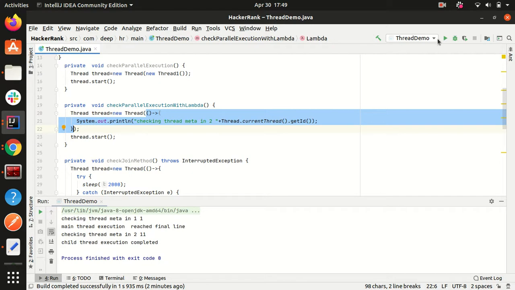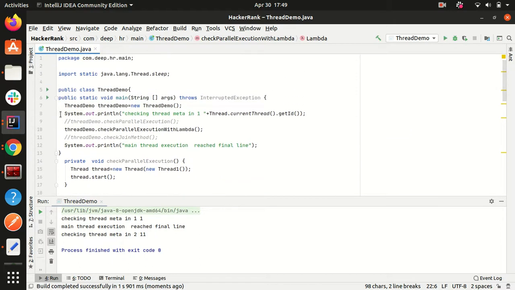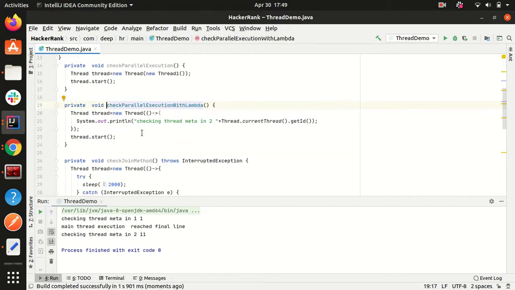A similar execution path will take place. As you can see, initially the main thread got executed, its ID was 1, then we called checkParallelExecutionWithLambda. In that, thread.start got called and this got printed, "checking thread meta in 2", and 11 is the thread ID of this thread. As you can see, the main thread got completed before the child thread.